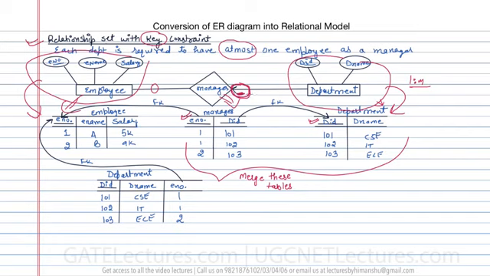What is the maximum cardinality of department? That is 1, right? And because it is having the maximum cardinality as 1, or you can say it is having the key constraint, this is the reason why we can combine both of them. And the main reason of combining them is because we want to have as minimum duplicate values as possible. That means we want to reduce the redundant values, or you can say redundant records from the table.